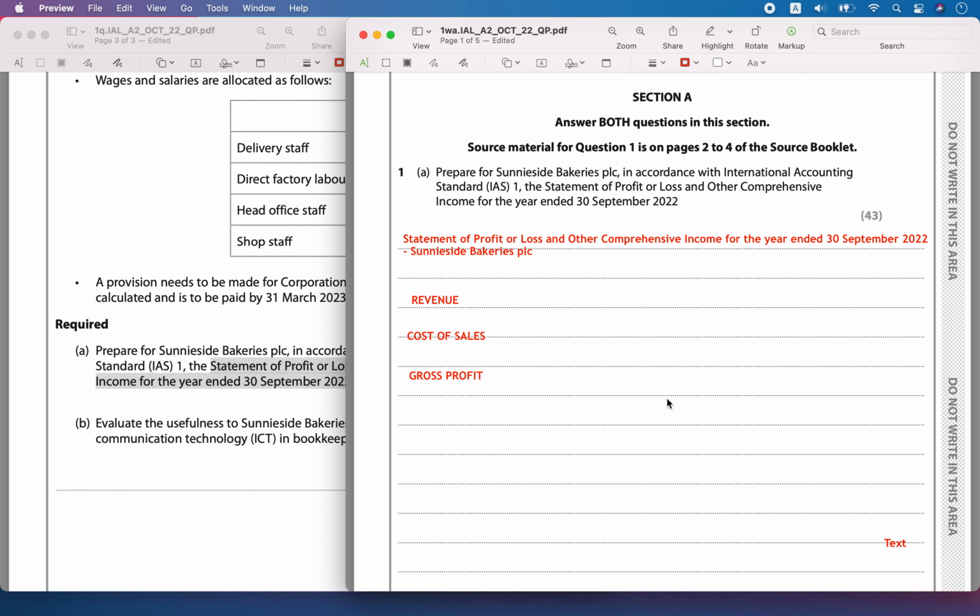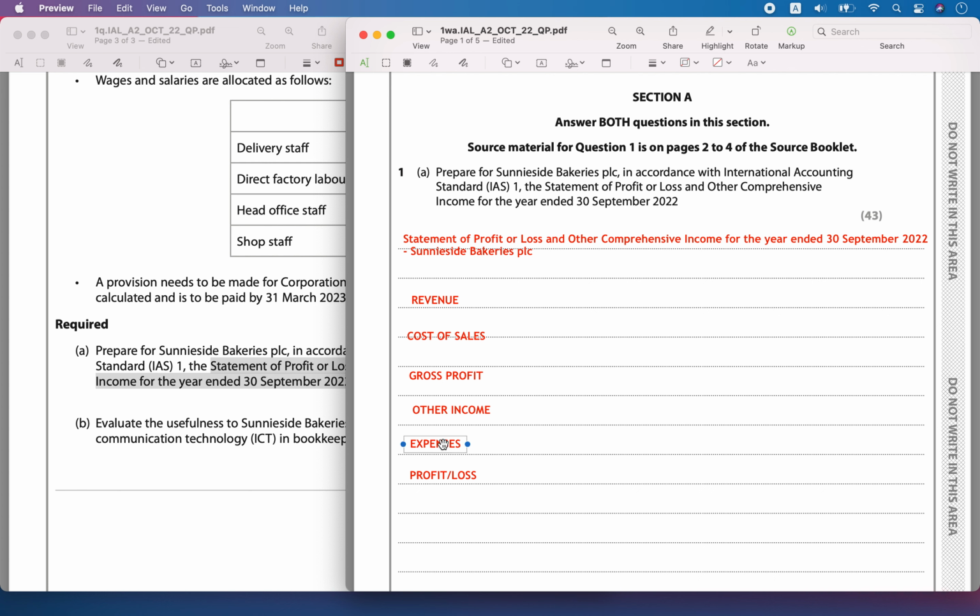Then if you have any other income, you will add it to the gross profit. And finally you will have to calculate all your expenses, and then you will get the profit and loss. Gross profit plus other income minus the expenses is going to give you profit or loss. But in a PLC,